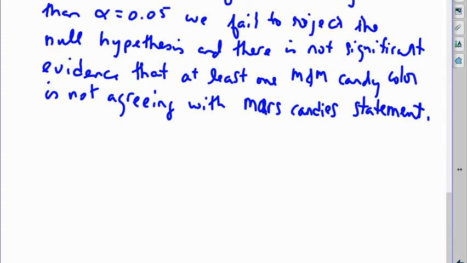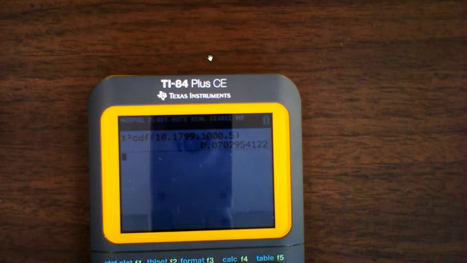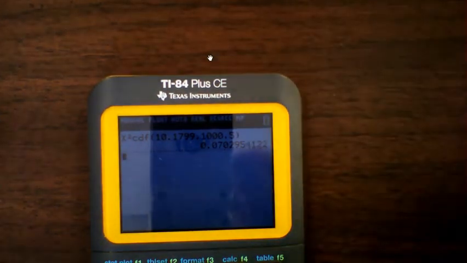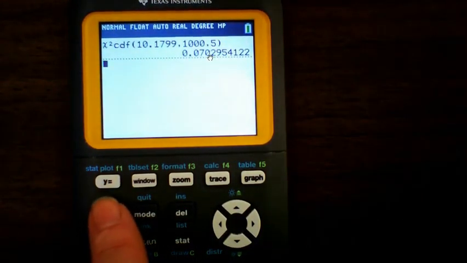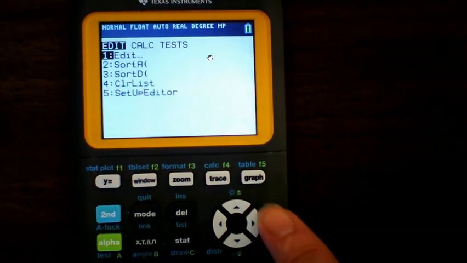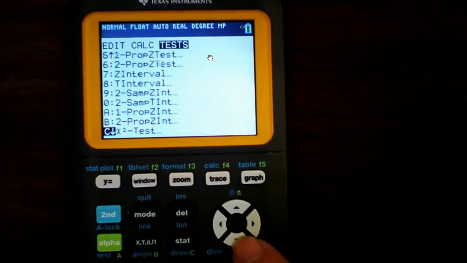Now I'm going to show you how to do this on the calculator, which will take you 2 seconds. And then in the next video, I'll do 2 examples, and there's at least one of them where we do reject. And in that example, I will show you how to talk about the largest contributor. So before I go to the calculator, where I'm going to run this as a goodness of fit test, because all of your examples will match perfectly, except for that 10.2 t-test because of the degrees of freedom. But anyway, under stat, tests, and if you scroll down through your tests, down a ways, you'll see